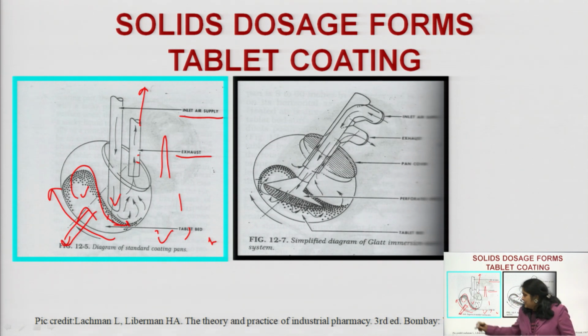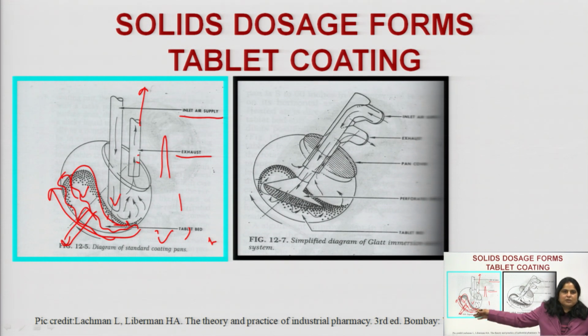Now, there are chances that the lower layers of the tablet bed do not get the coating solution and sufficient air is not coming to these tablet beds for drying purposes. So, these coating pans were advanced, seeing the need of pilot plant scale up studies, because first the process is very slow and second the coating process is not smooth in this coating pan. So, upgradation of these coating pans came up regularly.